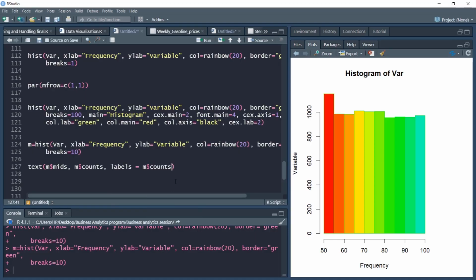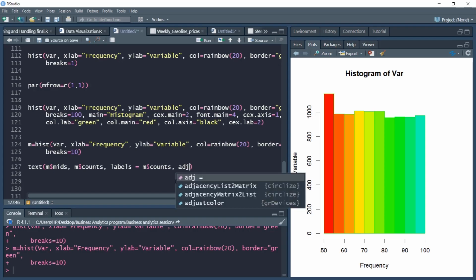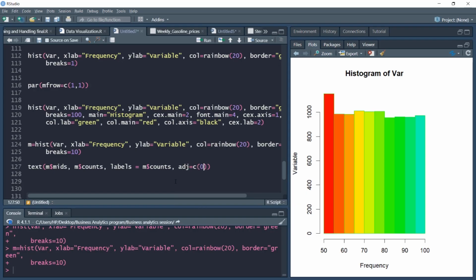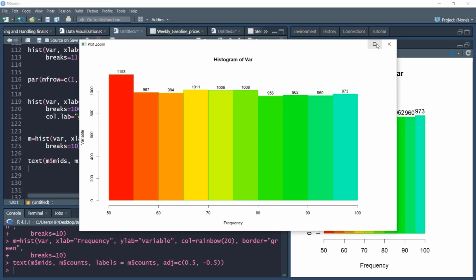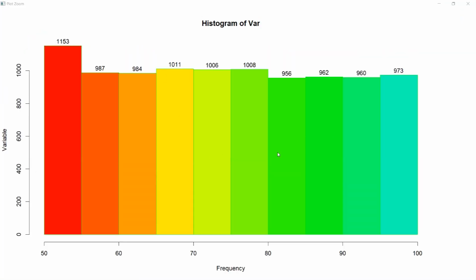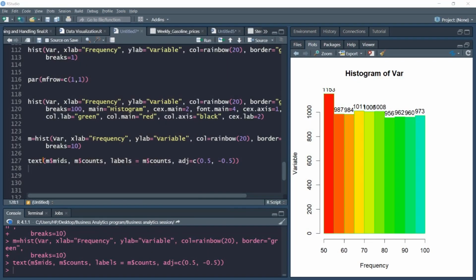We wanted numeric counts, and we would position them with this argument. You can adjust the position. It's just that this position I found more suitable and optimum for this kind of plotting. Notice this. So you have numeric labels associated with each bar, which look nice. It gives you some exact idea of the size of the bars. $mid is the x coordinate, $counts is the y coordinate on the xy axis, because x axis is the variable value and y axis is frequency. So we have set the coordinates and then the labels as counts, and we could add the labels.